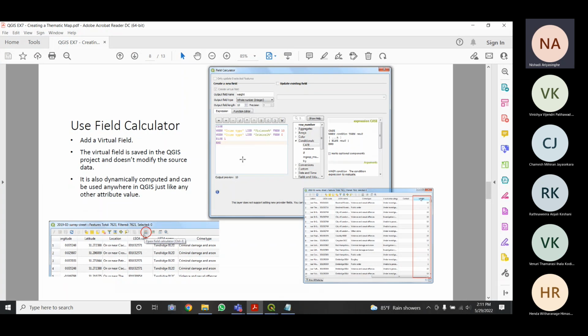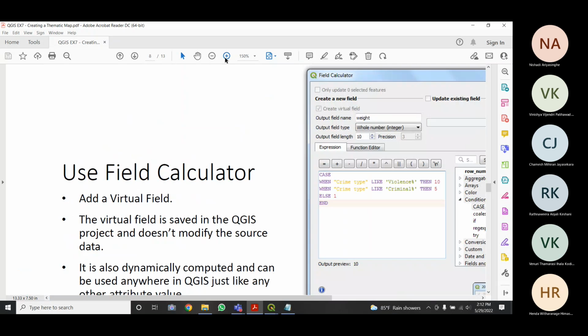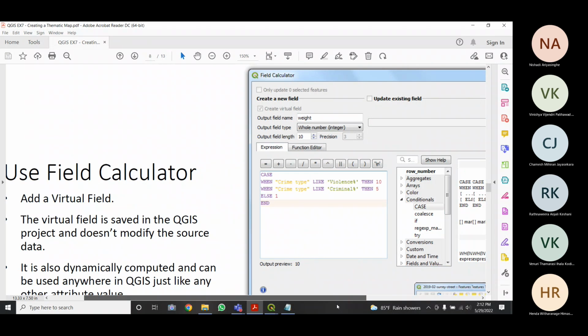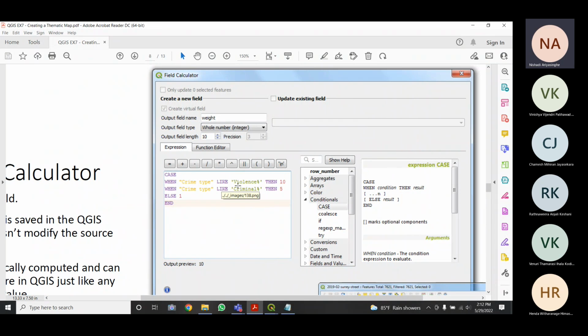Okay, so when crime type. So here in your handout, actually, they haven't given the whole unique value. Yeah, the violence. They have only given violence, and there's a percentage mark. I think you know the meaning of this word like, right?